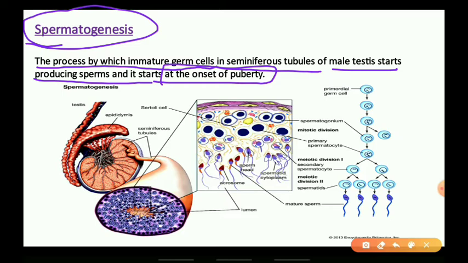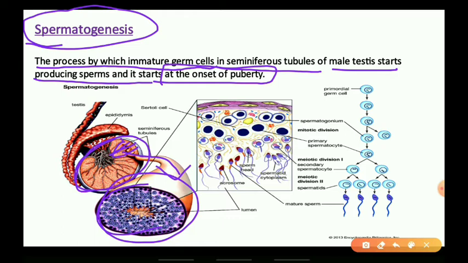You can see here, this is the cross section of testis, and within the testis you can see these lobes. Within these lobes, these seminiferous tubules are there. If you see one seminiferous tubule in a magnified orientation,